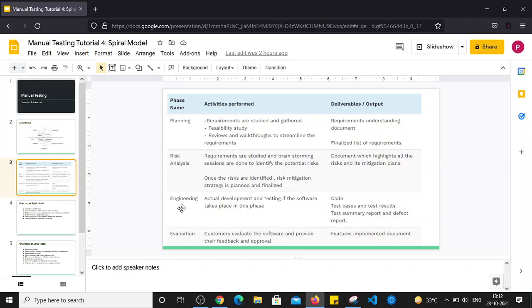Obviously the developers will write the code, testers will write the test cases, execute those test cases, identify defects, and report those issues to developers, and developers will fix those issues. A test summary report will be created before actual deployment, right?